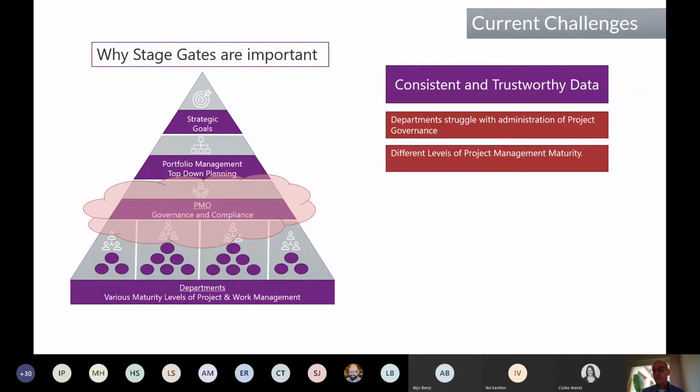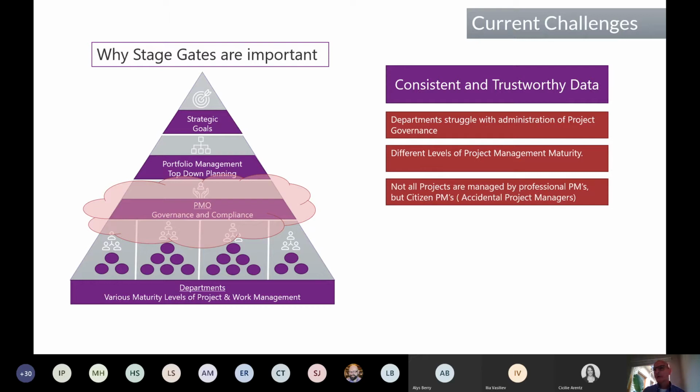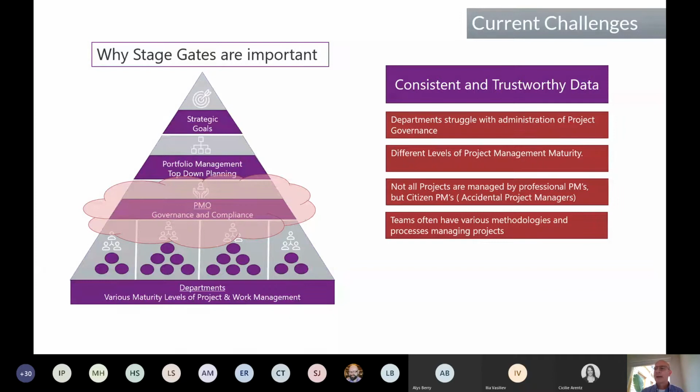Well, at the same time, we have, of course, different levels of project management maturity within organizations, meaning very professional project managers versus the citizen project managers. And we also see that, of course, a lot of the projects that we manage through the stage gates are actually not managed only by professional project managers, but by those accidental project managers as well. Well, not to mention the different project management maturities is one aspect, but managing projects has changed over the last